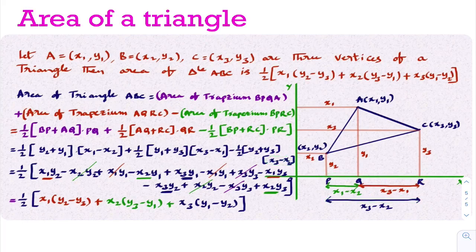Now I'll simplify this further. See here what I did. Here half is there, here half is there, here half is there. In the beginning only I took half common. See here I wrote half as it is. Multiply these two, what you will get? x1 y2. Now multiply these two, minus x2 y2. Now multiply these two, plus x1 y1. Now multiply these two, minus x2 y1. Plus half into, you multiply these two things, y3 x1, x3 y1, that is what I wrote here. Now you multiply these two, minus x1 y1. Now multiply these two, plus x3 y3. Now multiply these two, minus x1 y3, that is what I wrote.